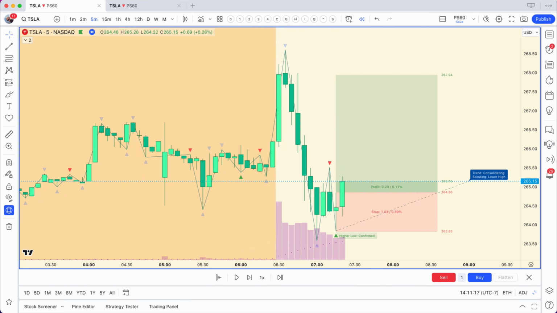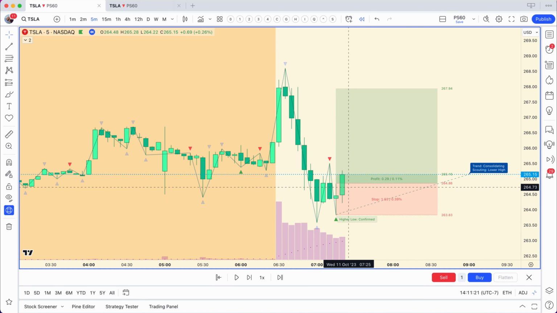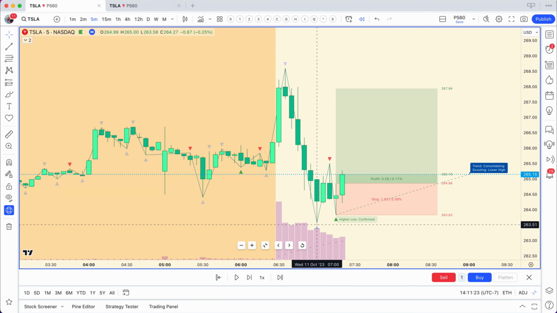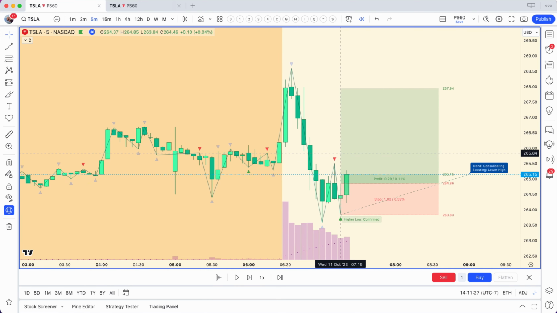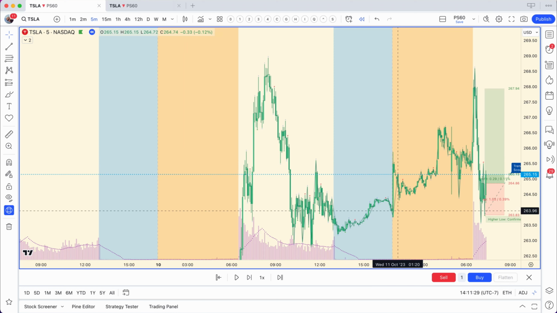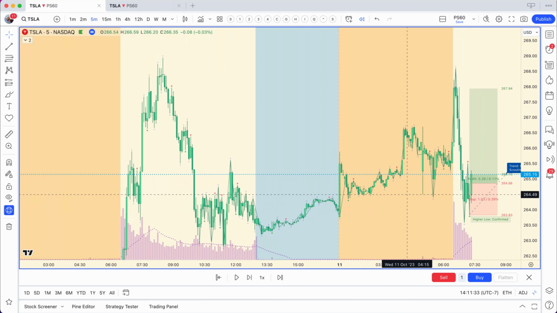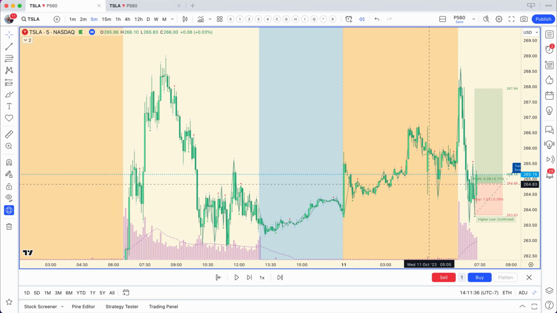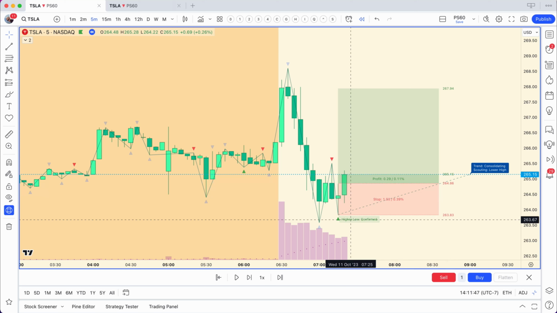And frankly, if it were me and I was looking at this and I could see that it was chopping around quite a bit, I might even put my stop down below here because I can see it's already showing me a bit of chop. I would also personally want to be looking at the other time frames, the days before this, and trying to figure out what makes the most sense in terms of trend and all that. That's not what this video is about, but suffice to say, now you have a confirmed first high or low